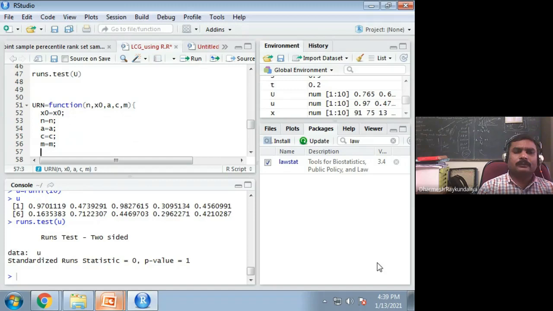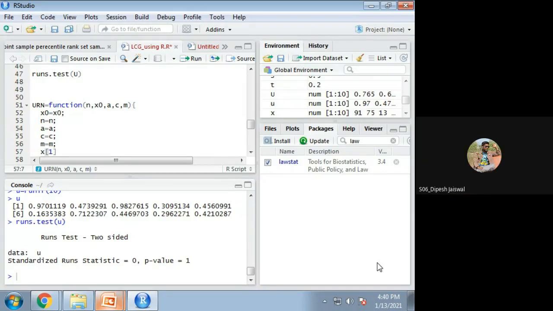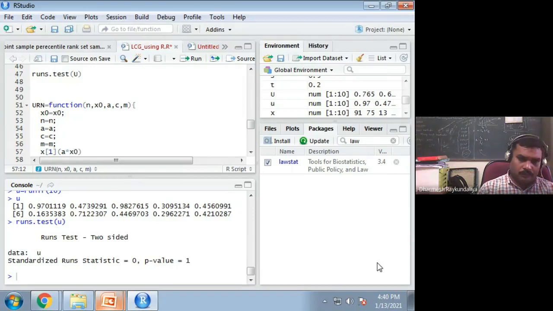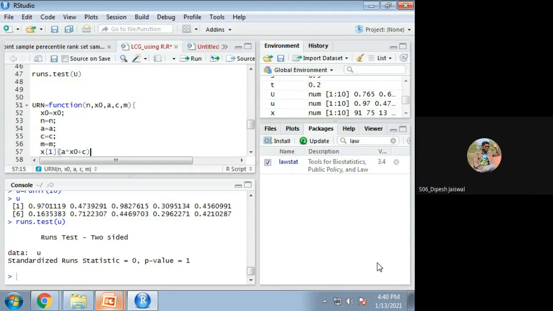Now, here I am using the function x. What do we do? We have to give x1 equal to, what is x1 equal to? a into x naught plus c, modulo m.